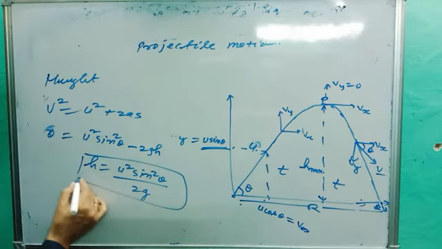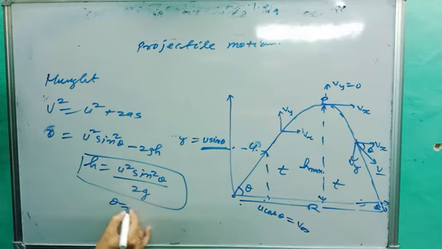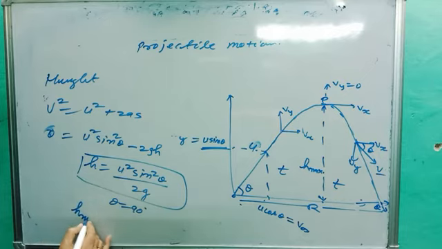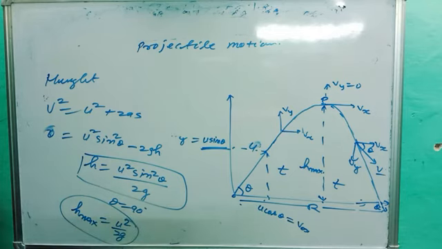This is the height formula. If I ask what the maximum height is, if theta is equal to 90 degree, sin 90 is 1, you will get h maximum is equal to u square upon 2g. This is called maximum height. If an athlete is trying to get the highest in a high jump and reach the maximum height, he or she has to jump at how many degrees? 90 degree. That's why athletes attempting maximum height have to jump at 90 degree. H maximum is equal to u square upon 2g. So this is the formula for height and this is the formula for maximum height.